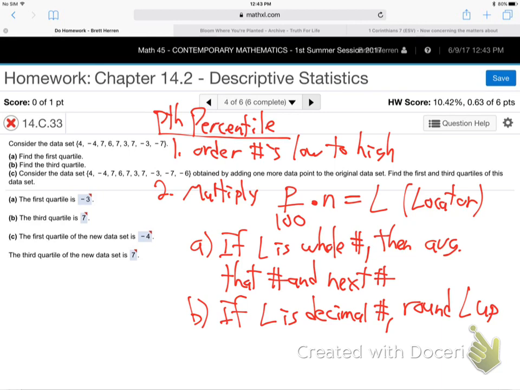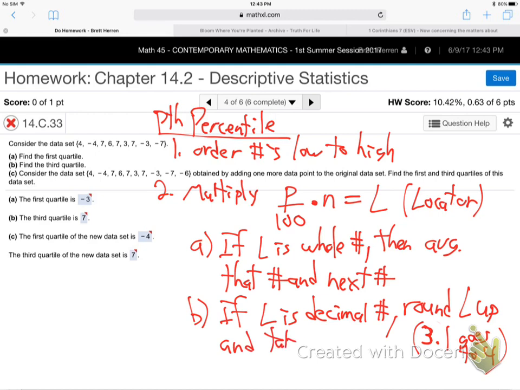Round L up, even 0.1, let's say 3.1, goes to 4, for example. Up means up. Remember how we talked about earlier, there's a difference between rounding up and rounding off? We're not talking about rounding off here. We're talking about rounding up. So like 3.1 would go to 4. So if L is a decimal, round L up